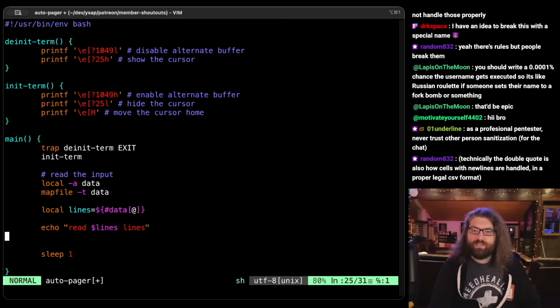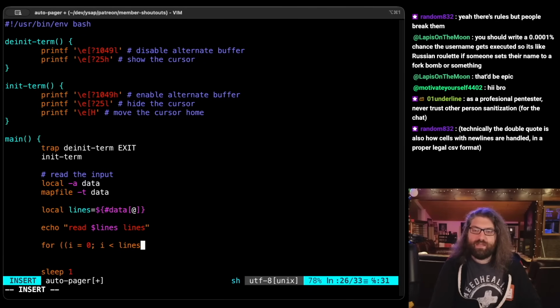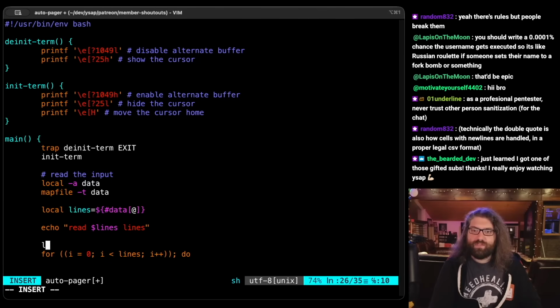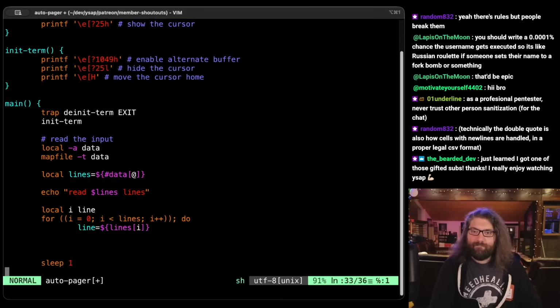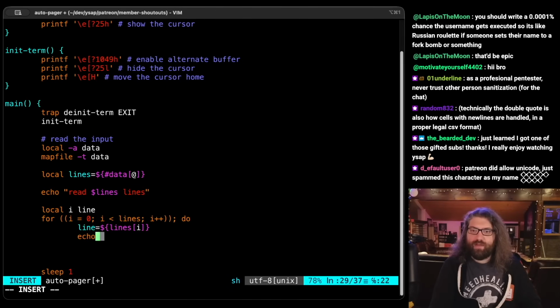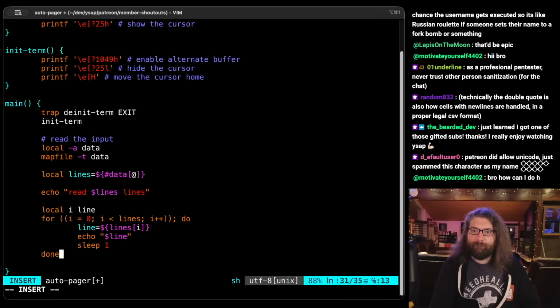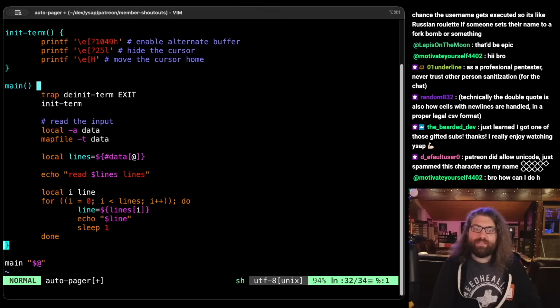We have 48 lines, so we just need to loop through that. So for I equals 0, I less than lines, I plus plus, do. Let's do local I, line equal lines at I. We can echo the line, and then we can sleep for 1 second. Done. Let's see what this looks like, and then we can sleep for 5 seconds here at the bottom. We probably won't get to the bottom, but